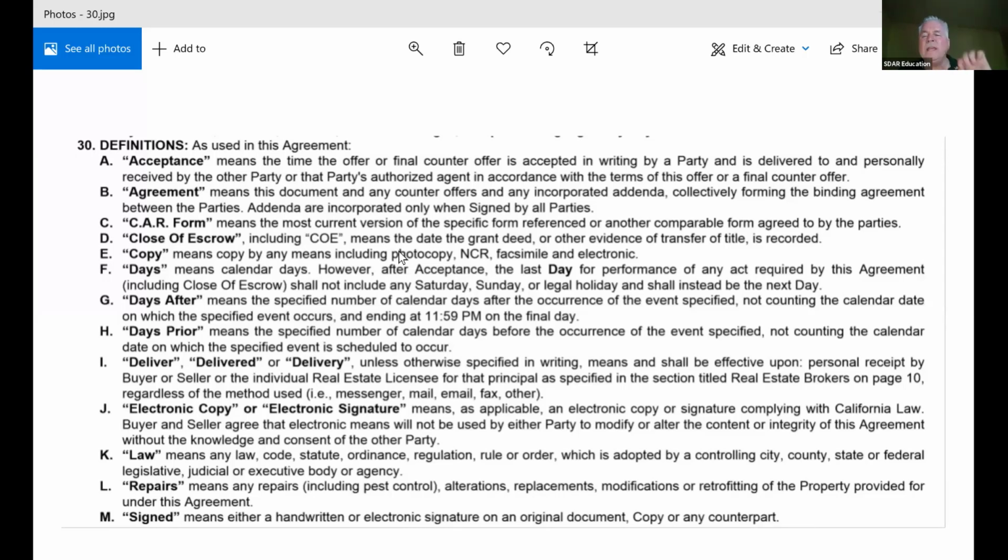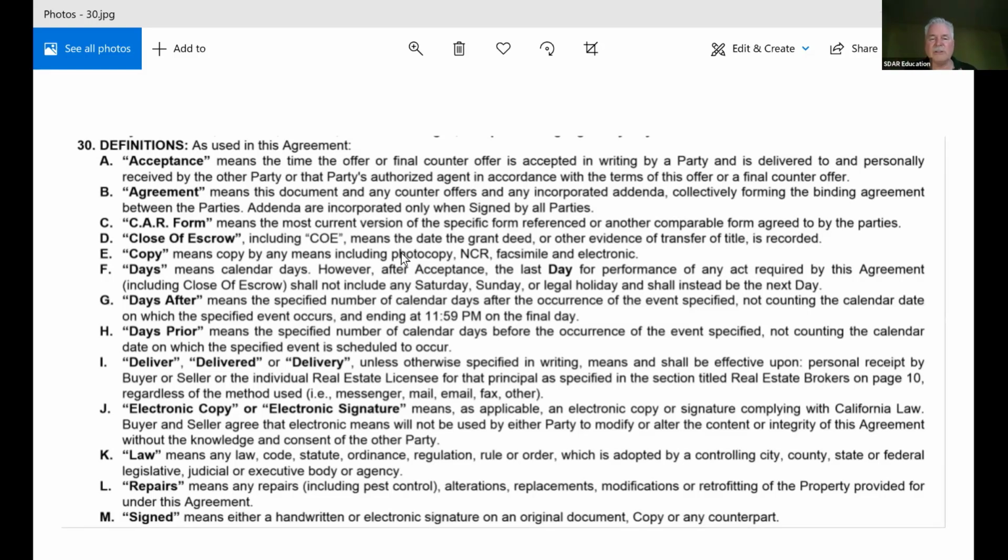Okay. All right. Close of escrow, include the most current version, including COE. I always love that. I had a judge in court once, and the judge says, "What does COE mean?" And I went, "Oh, wow." I mean, here we are all running around. We think that everybody understands our language, right? And we're talking weird things. COE +3. I mean, what the hell does that mean? Sorry, pardon my language. But at the end of the day, don't talk in terms of TLAs, three-letter acronyms. Use the Queen's English, okay?